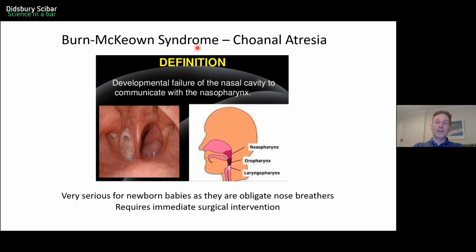One of the things we've done through the genetic analysis of Burn-McEwen syndrome patients is that we can at least give genetic counseling to families where this runs in the family. So if they're having a baby, they'll know whether the baby has Burn-McEwen syndrome and may have choanal atresia. When the child is born, there'll be surgeons there ready to act and give that surgical intervention and open this up, which isn't that bad of a procedure, and allows the baby to breathe.